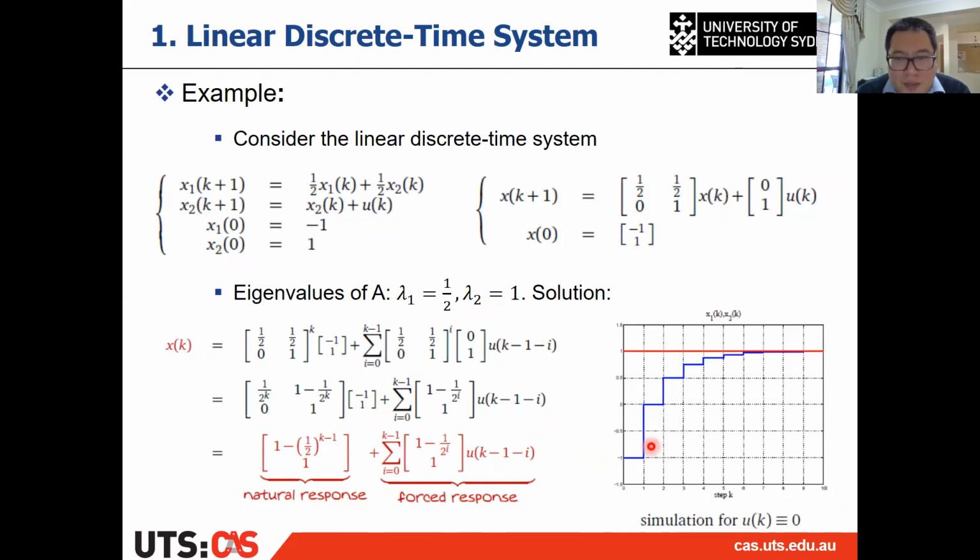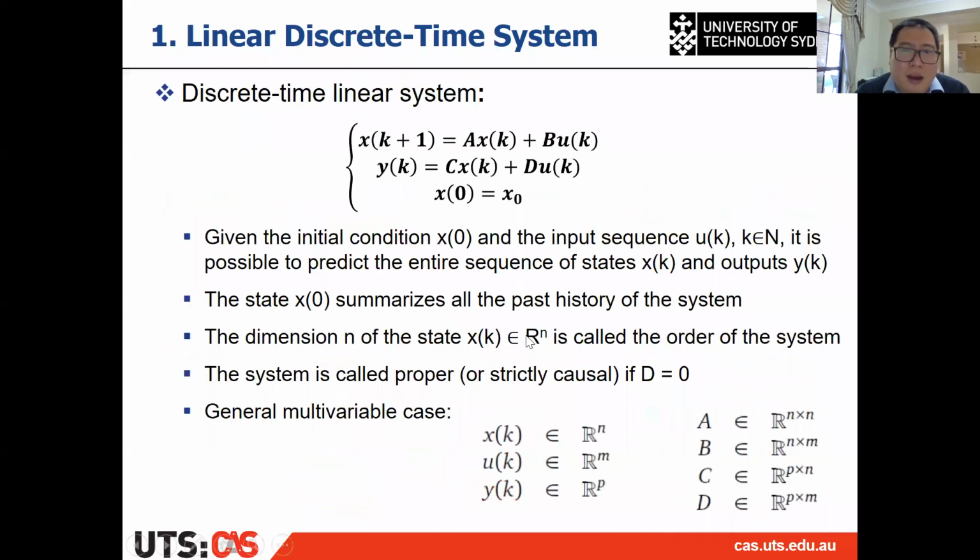Right? So it seems like it's converging to 1. It's converging to 1, right? But now we have the eigenvalues as 0.5 and 1. They are not negative, right? So which means the criteria for the stability in discrete time systems are different. Keep this in mind. I will introduce it a bit later. All right, then